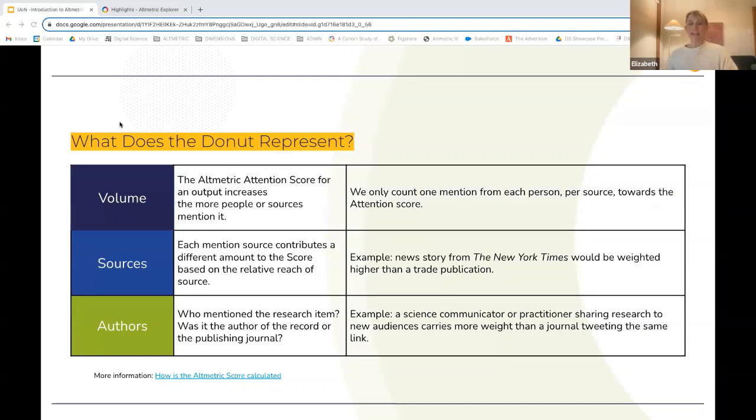When it comes to understanding the Altmetric attention score, it's not like a normal citation score. It's a weighted algorithm based on three components: the volume, sources, and authors. With volume, we only count one mention from each person per source towards the attention score. So if I post on X when it's first released, that will count. And then if I post on X in 3 months' time about that same research output, that second post won't